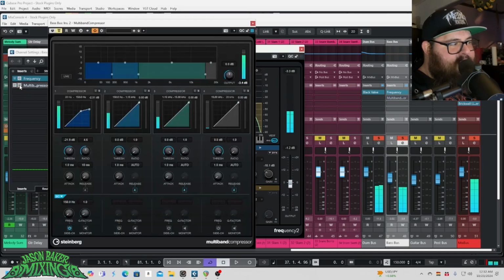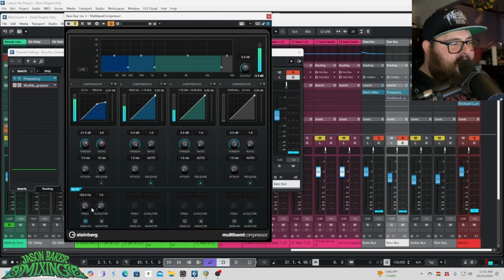And so then lastly on the bass, what I've got here is just a multi-band compressor. And I have this low band on the compressor. This is everything 150 hertz and below, which is about where I boost my kick. So everything below there is side chain to the kick. And what this